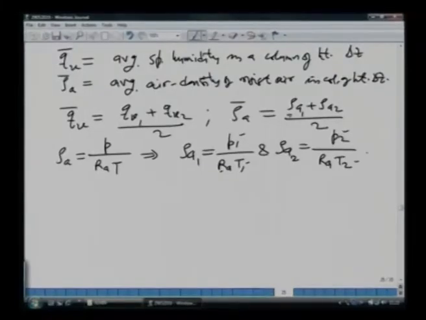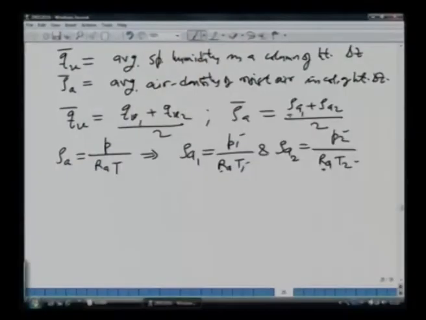We just looked at an example in which we calculated the temperature and pressure as a function of height. The RA in that example was constant, but to be more accurate we can allow for its variation and use slightly more accurate values. But for all practical purposes, if we can keep that constant, that should be fine. So, you know how to calculate rho A1 and rho A2, we can keep doing that, and we can find out what the average air density will be.